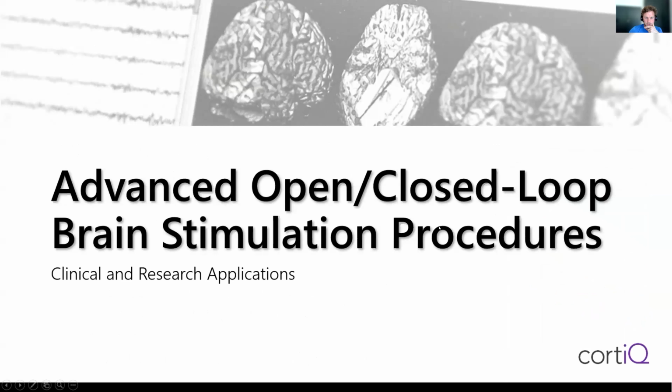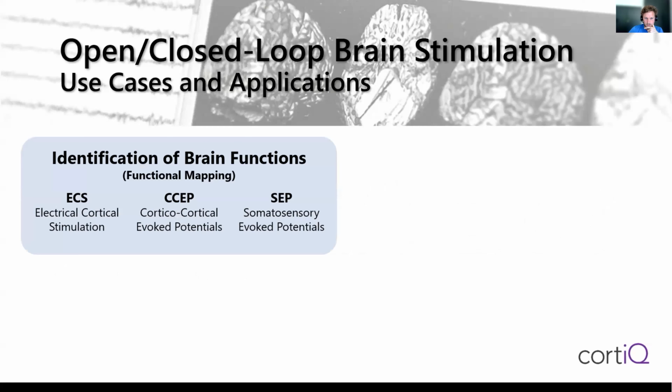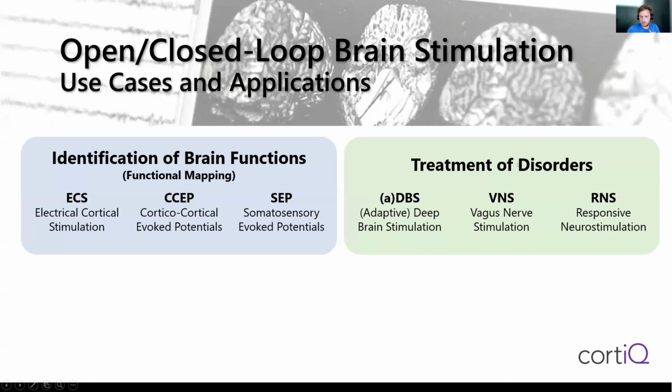Now let's move over to the brain stimulation procedures, the actual clinical and research applications. We have heard already previously a lot about the treatment of disorders in the amazing talk by Julian. That was really amazing to watch. But also we have the identification of brain functions, also called functional mapping. We've also heard about this from Christoph Capella and other colleagues. So these are the main application fields of open and closed loop brain stimulation